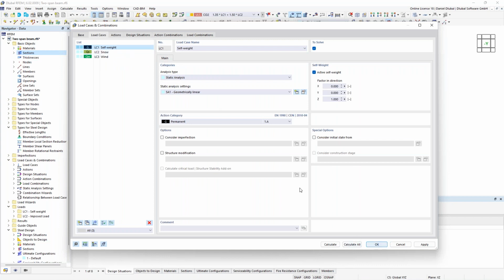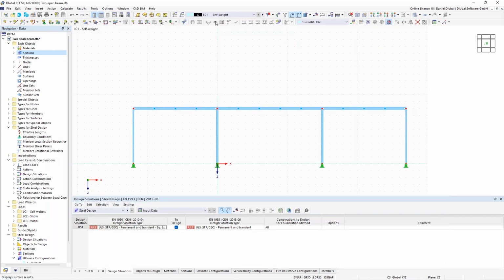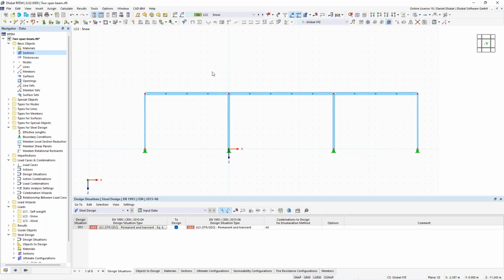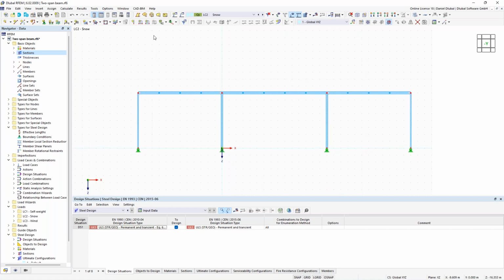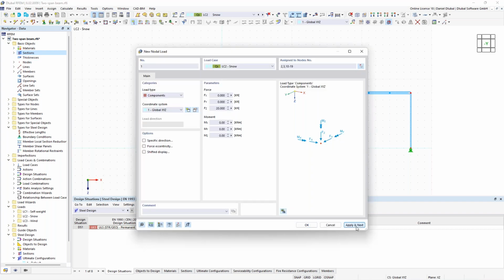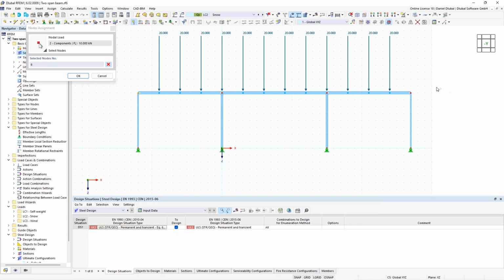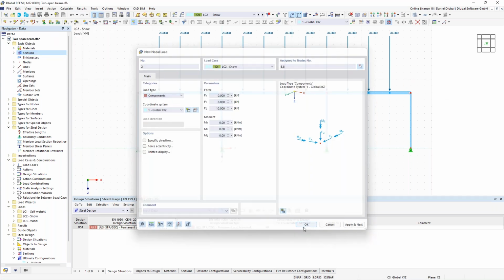I click on self-weight, I say okay, now let's apply the load. For load case 1, self-weight, we don't have any loads. Now let's take a closer look at the snow loads. Here I want to consider point loads with 20 kilonewton. I choose these nodes. I click OK, say apply and next. And for the outer nodes, only 10 kilonewton. And this is a really nice advantage of RFEM 6. I can remain in the same dialog, just choose different nodes, say OK and OK again,